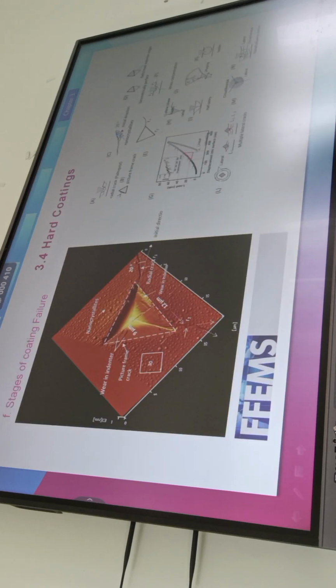So these are the different stages of crack formation during the nano indentation, and here we can see some radial cracks and some picture frame cracks. These are only the crack formations that have been studied: what type of cracks occur when the tip blunting is occurring, and the stress distribution, like here stress concentration has been studied.